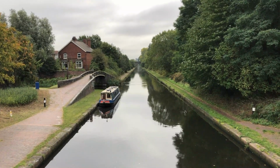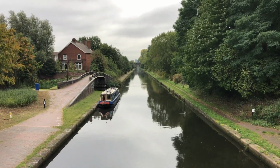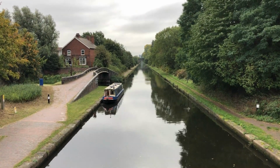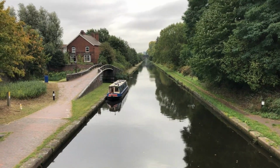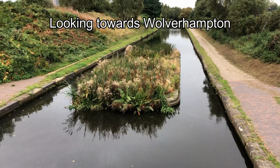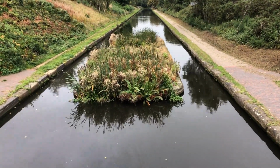Looking back towards Birmingham city centre. See how absolutely dead straight that is. Dual towpaths, the motorway of its day. So this section of the Birmingham Mainline, Telford's dual carriageway as such, features 2 or 3 of these,